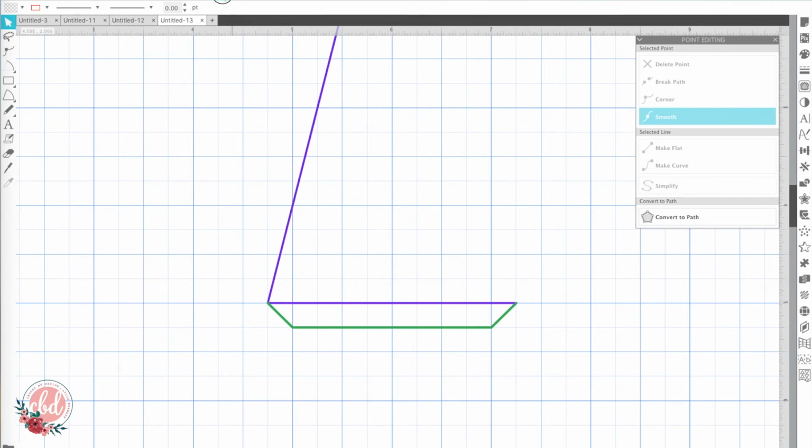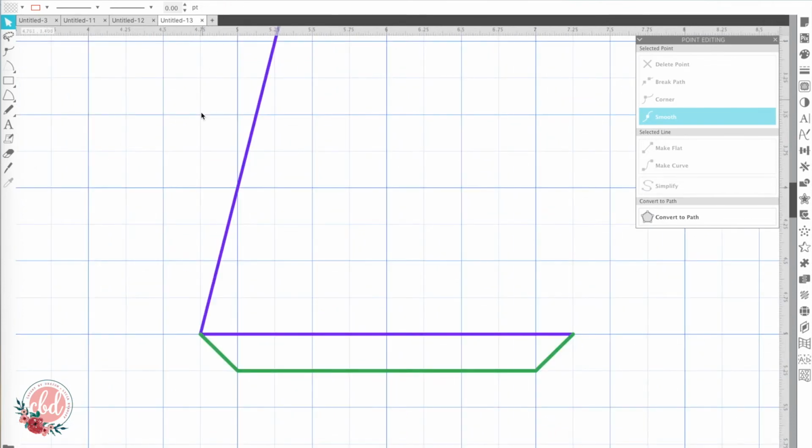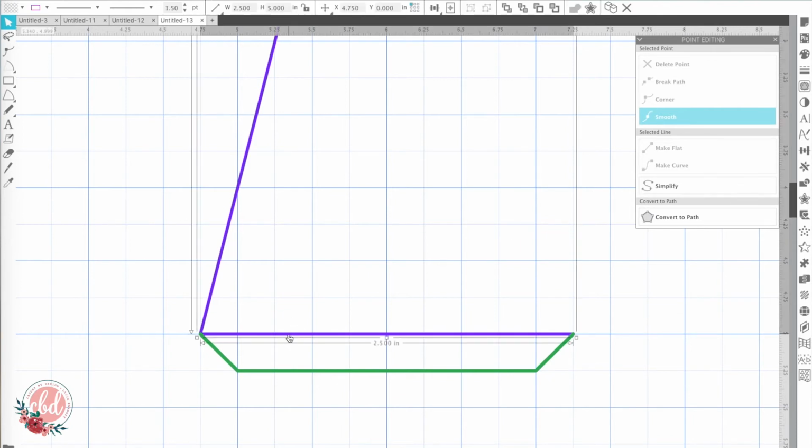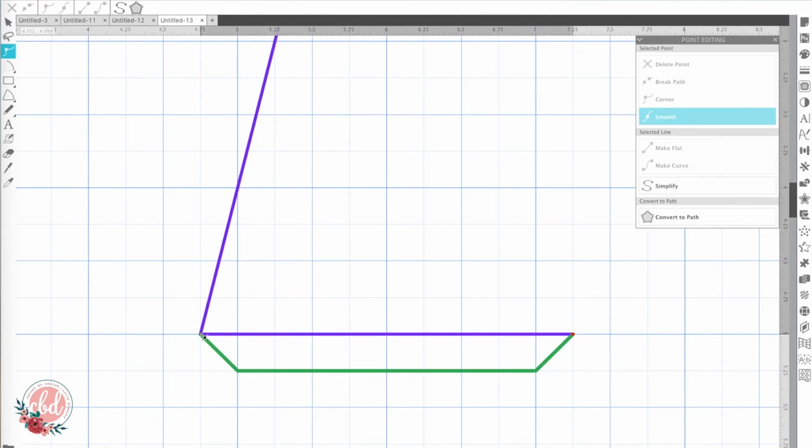And sometimes when you change those score lines, you'll have this little area where it meets right here, and you'll end up actually tearing your paper. So the easiest way to avoid this is to double click on that, to break the path, and then instead